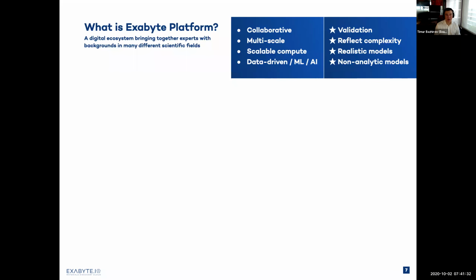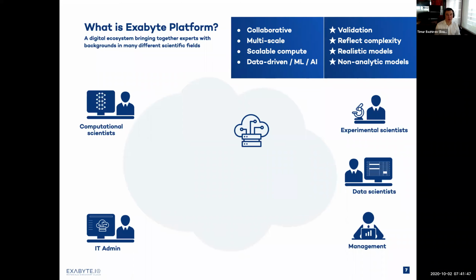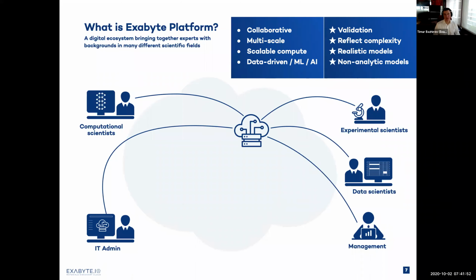And how do we start about building such a framework? Well, first of all, we have to start with a focal point where all these technologies and all these different kinds of people can meet. And we identify such a focal point as the cloud. It doesn't necessarily have to be a public cloud. It could be private cloud. It could be something that is accessible within a specific organization only. But it has to be a focal point where people exchange data, exchange insights, and that's what we call the